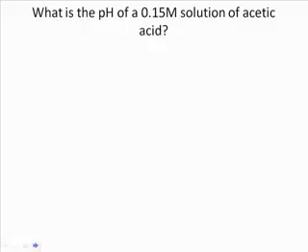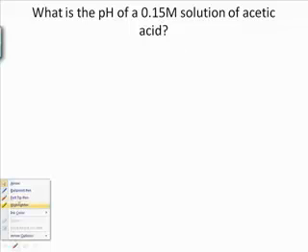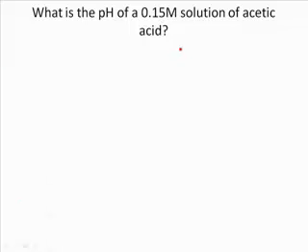Okay, so let's look at an example here. Here we have the pH of a 0.15 molar solution of acetic acid. So I know I'm going to need my K value. My Ka for acetic acid is 1.8 times 10 to the minus 5. All right, and if I write my equation, I have